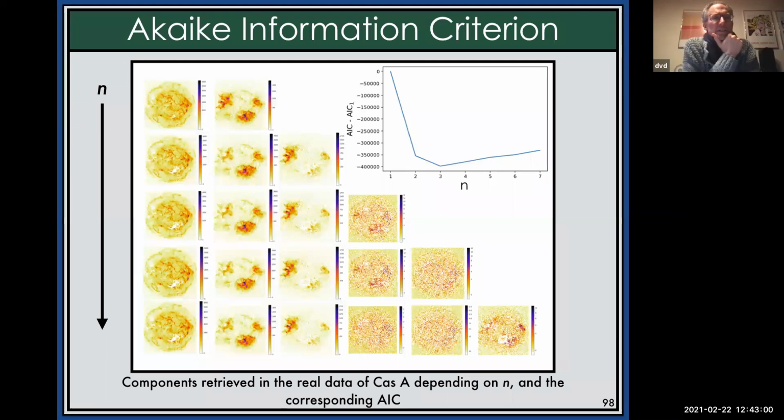So the rows of this figure you're showing us correspond to n equal to 2, n equal to 3, n equal to 4 when you fit it? Yeah, the idea is that you see that the only 3 meaningful structures are the first 3, and afterward it's just remaining noise that is added. But what is the figure? You mean the columns? The AIC figure? No, the matrix of images. Yeah.